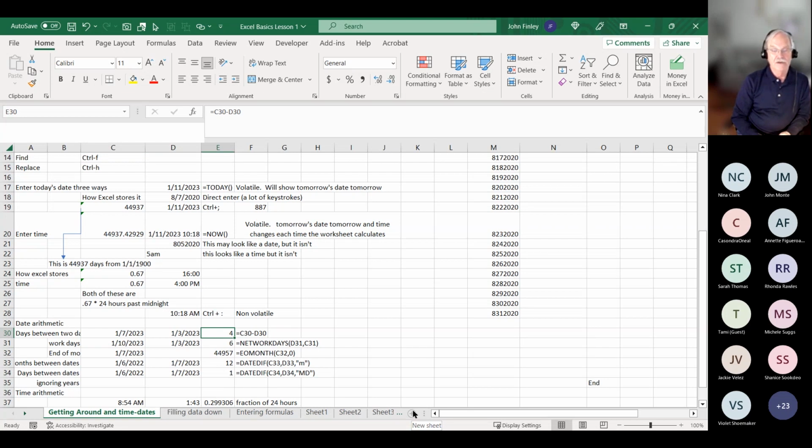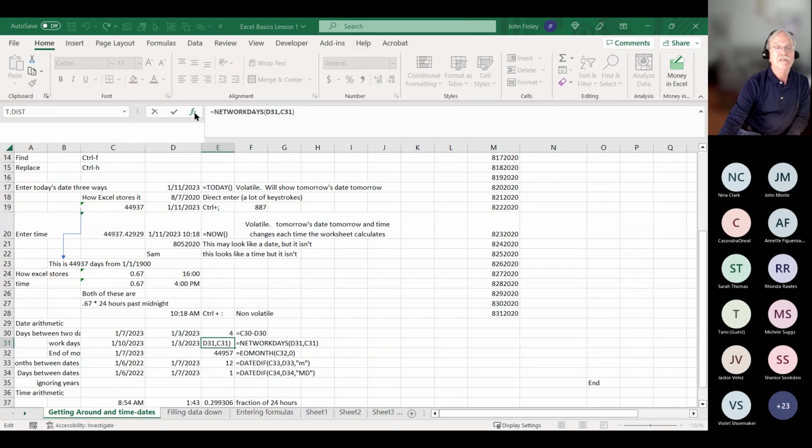Now let's say I want to calculate the work days. Well, Excel has a function for that. It's called NETWORKDAYS. And that will exclude Saturday and Sunday, or whichever days you consider non-work days. You can customize NETWORKDAYS by a formula. And anytime you want to understand what a formula is doing, we're just going to click on that and hit the fx, and this will show you